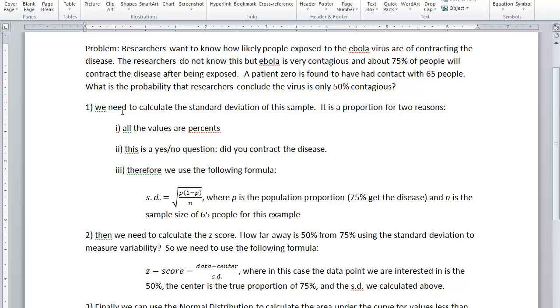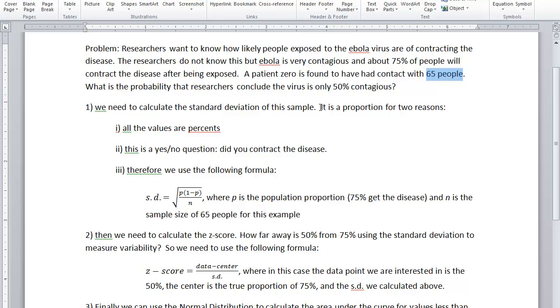So what do we need to do? We need to calculate the standard deviation of this sample, all right? So this is huge to understand. Remember, standard deviation measures the variability of a sample. As the sample gets larger, you're going to see less and less variability. Okay, it's going to look more and more like the actual population. Okay, so this 65 people is going to affect the